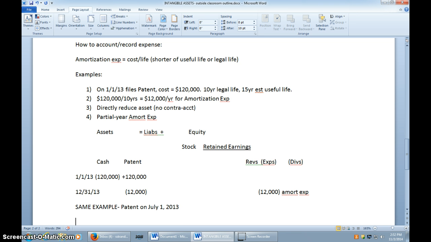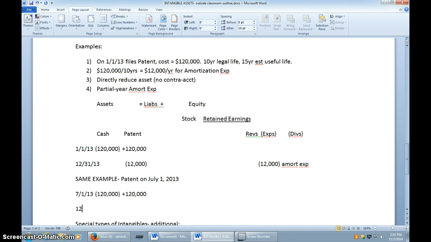So, on 7/1/13, we're going to have a reduction in cash and the recognition of this asset patent. By the way, it could be a copyright, could be a franchise, could be any number of things. And on 12/31/13,